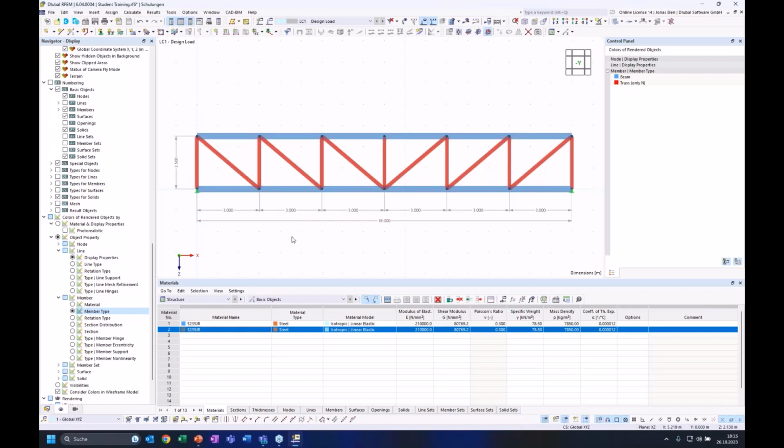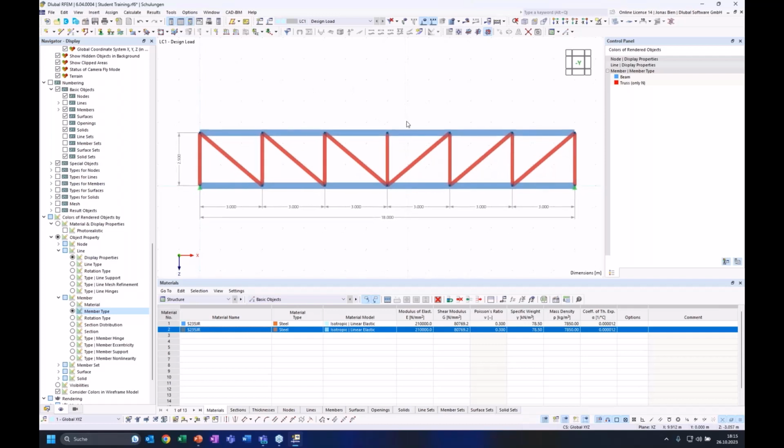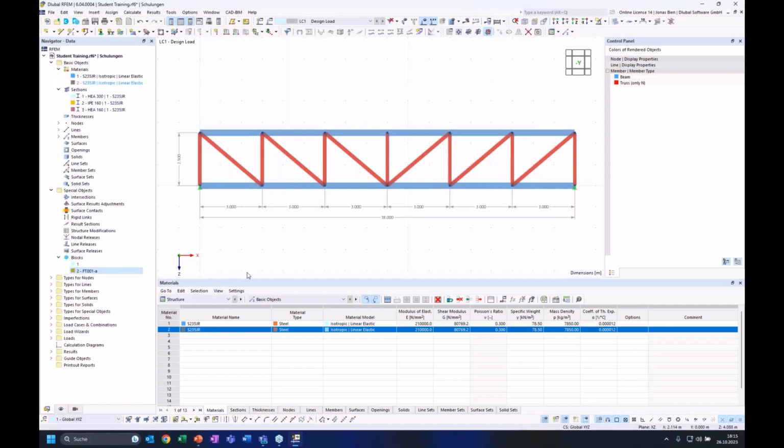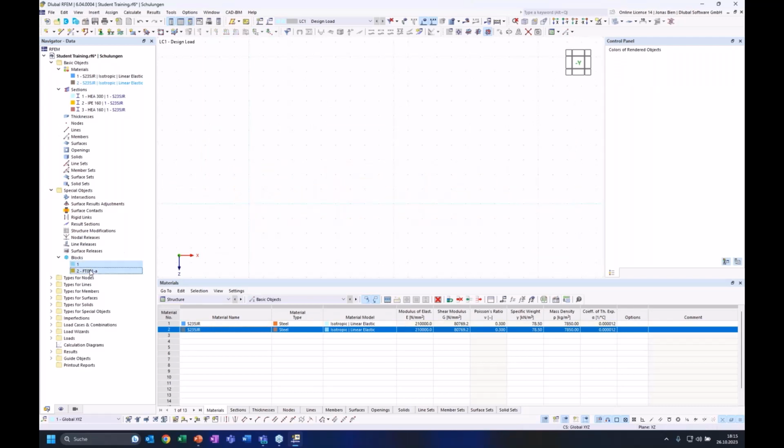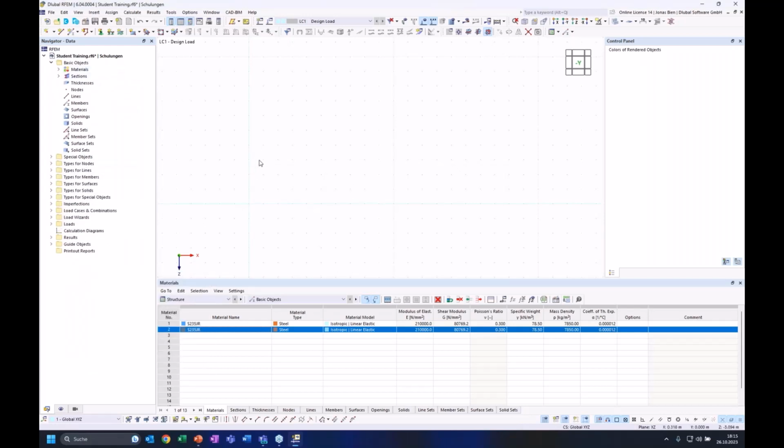All right, but we don't want to do any further investigations on this block. I just wanted to show you that the possibility is there to create such blocks and build up your models from those blocks. It's very convenient. All right, so let's get rid of all these objects. I also delete the blocks that I had in there, because now we want to